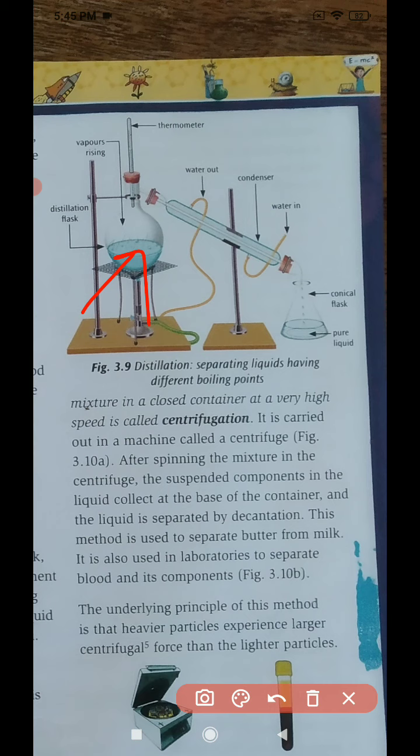Maybe somewhere you read that by evaporation salt water can also be separated, but students, in evaporation you will get only one component. After boiling salt water or sugar water, the water will evaporate and you can't collect the water, you get only one component. After boiling, the sugar will be there, but the water will evaporate with the vapor.